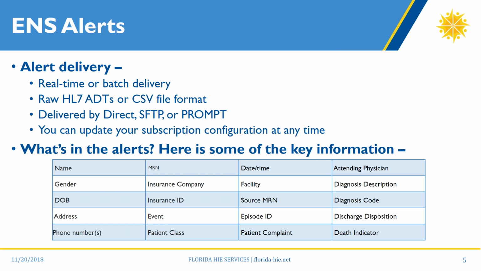Or most of our subscribers choose to receive a batch of alerts a couple of times a day, in the morning and afternoon, so that they have that information in enough time that it's actionable. If you want to go to the next slide, Chris,